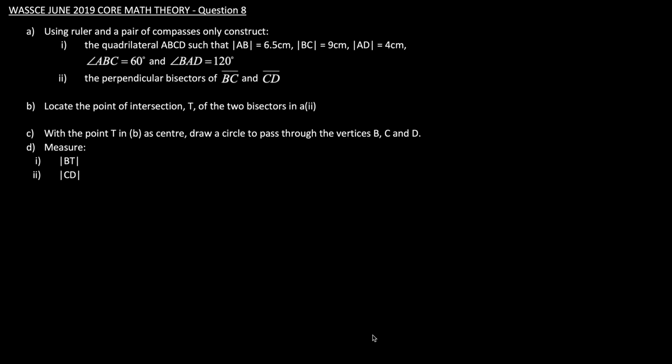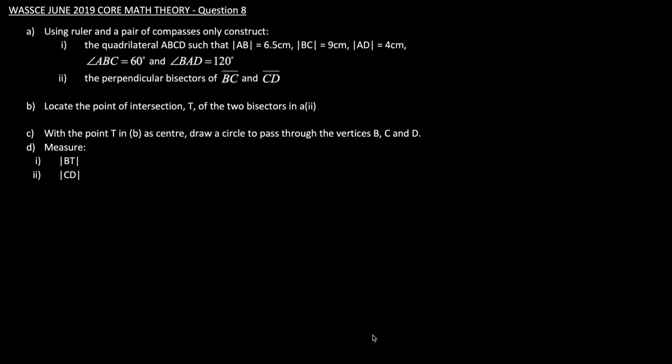So in this video, we'll be solving question 8 of the 2019 WASSCE Core Maths Theory questions. Question 8a: Using a ruler and a pair of compasses, construct (i) the quadrilateral ABCD, such that the length